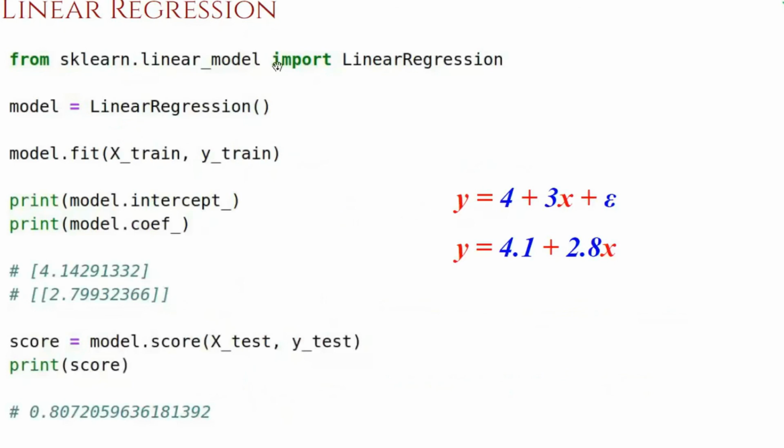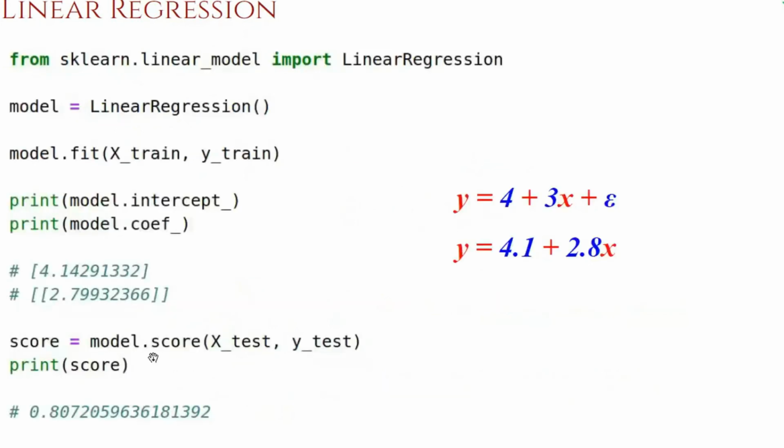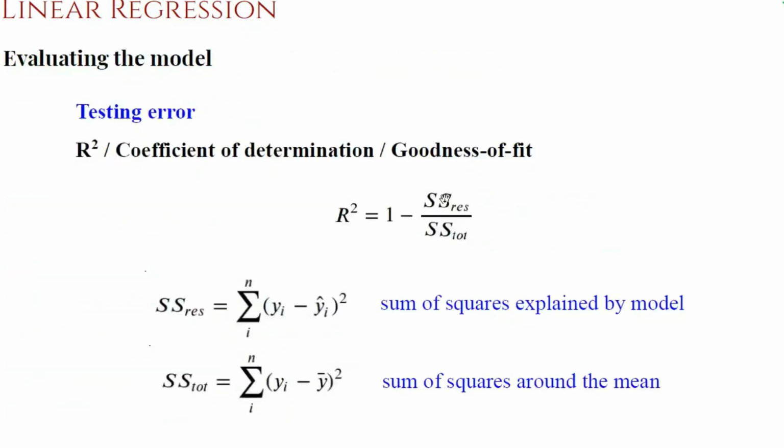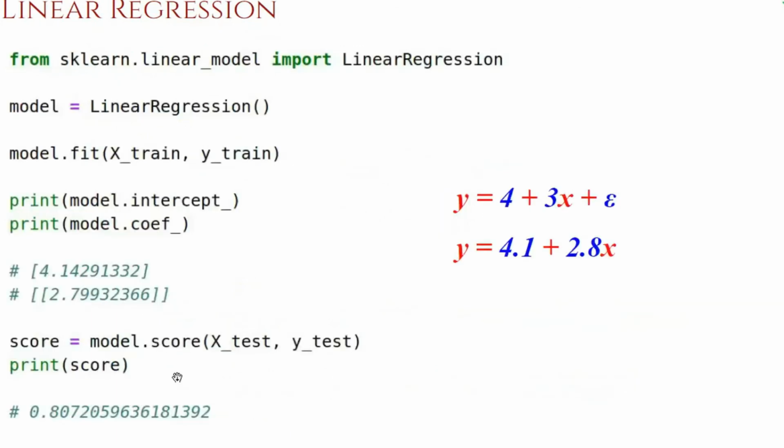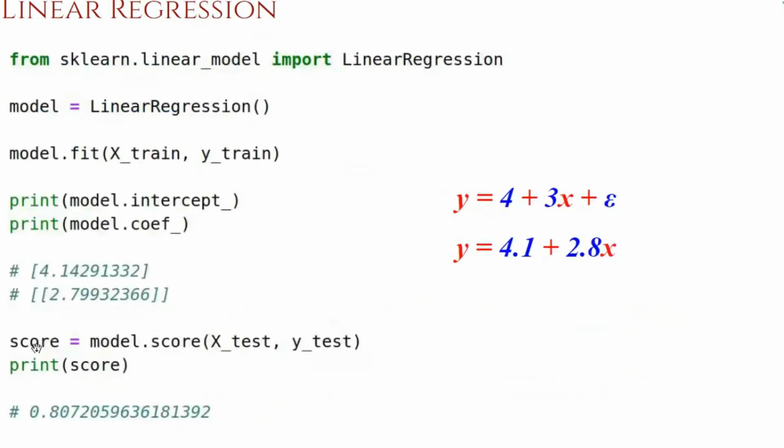If you want to look at the R-square value, we don't need to go inside and implement this because it is already pre-built. You just need to call this function dot score. If you call this score function, it is actually implementing this R-square inside. You give your testing sample, your 20% testing sample, and it will estimate this R-square value over all your testing sample. It will give you that score, which is 0.80. So this is the R-square value, which is 0.8.